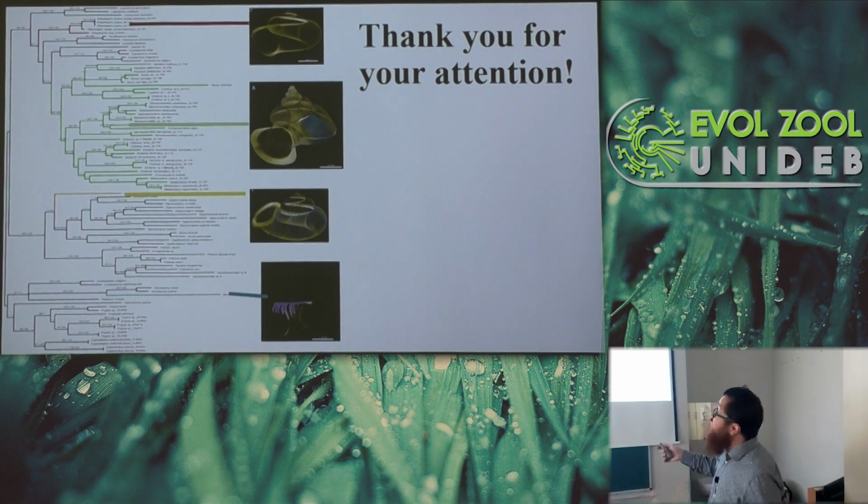And it's very clear that during the evolution of these operculate snails, at least 4 times they thought that, oh, it would be good to make some kind of gas exchanging device. These three, this one, and this one are in Southeast Asia, and this one is from Madagascar. So initially we thought that these three must be somehow related, but no, it seems that this is the Aliseidae,